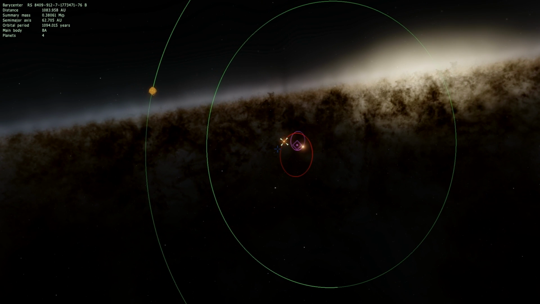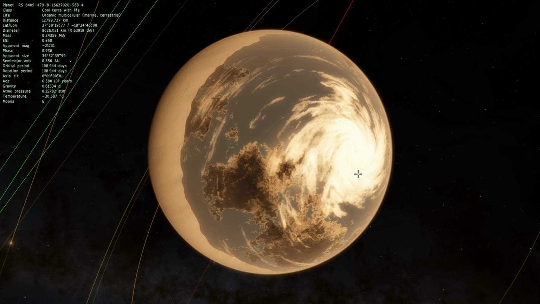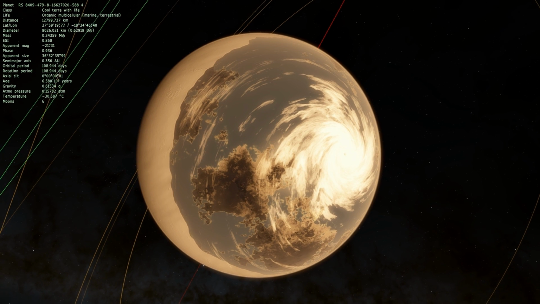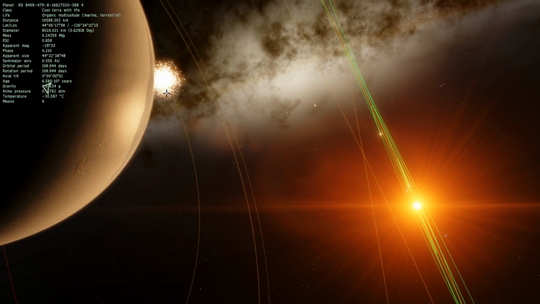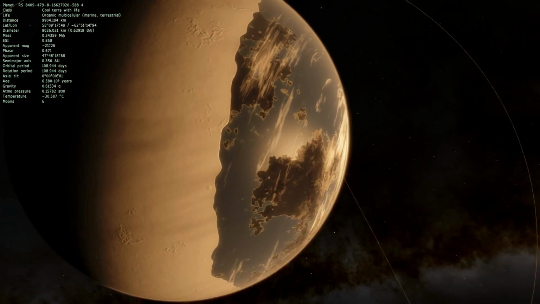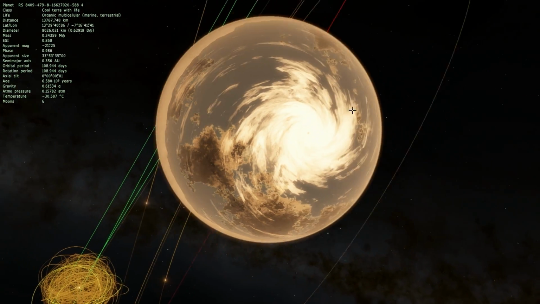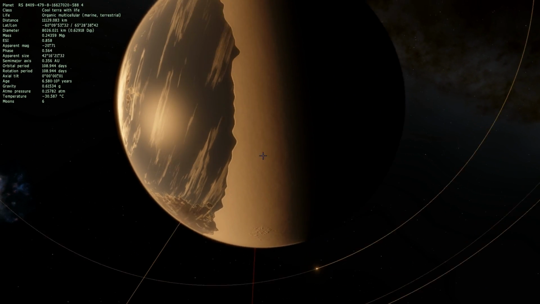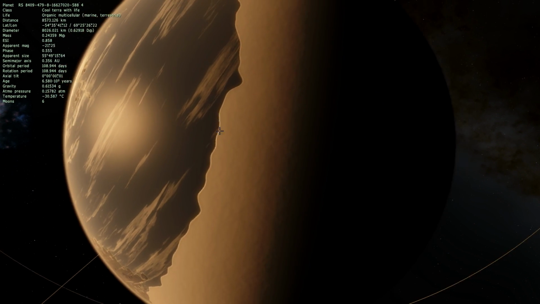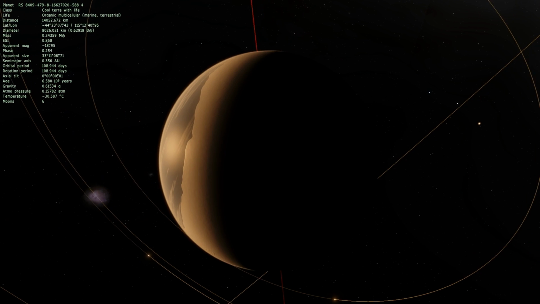But I'm talking about life, and I'm talking about tidally locked stuff, so I'm going to sort of cheat here and look at a tidally locked life Terra. Let's go ahead and zoom in on this right here. This planet is so interesting, because when it's tidally locked, that means the same side always faces the star, and we can even see another cluster way back there in the galaxy. Which means most of this planet is just ice and snow back here, but there's just one surface on this side that always faces the sun. This is probably where all the life takes place, perhaps with a thin layer of polar life over here, but it would take... I don't even know.